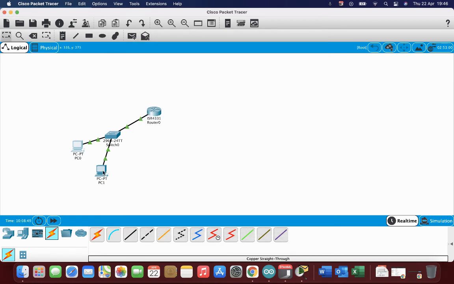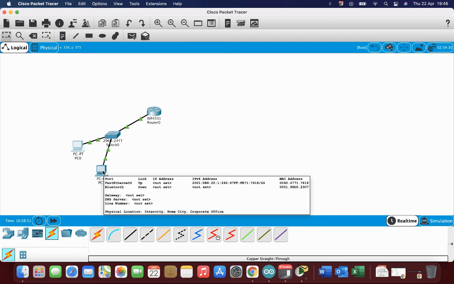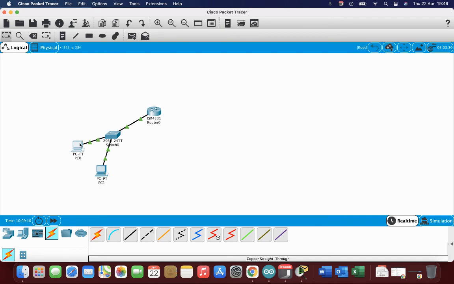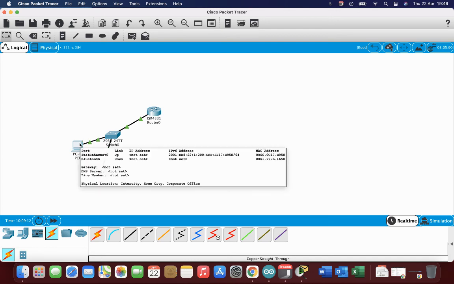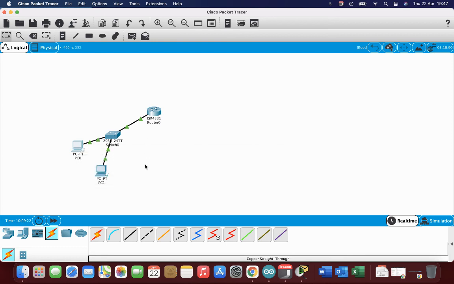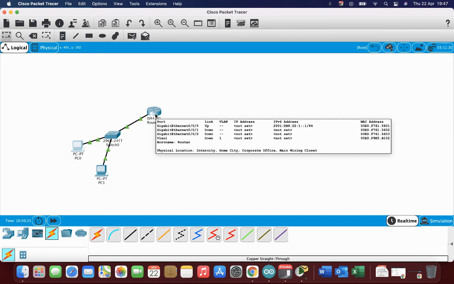Now if I hover over these to show some specific information, you'll notice that the 7618 at the end is identified in the MAC address 7618, so that's what the router is doing with the unique identifiers. It's identifying the MAC addresses of the PC and converting portions of that into the IP version 6 address. And same on the second PC, E958. Okay, so a bit of added security for IP version 6 in identifying different devices on a network. Okay, and that should be all the basic commands that you need with IP